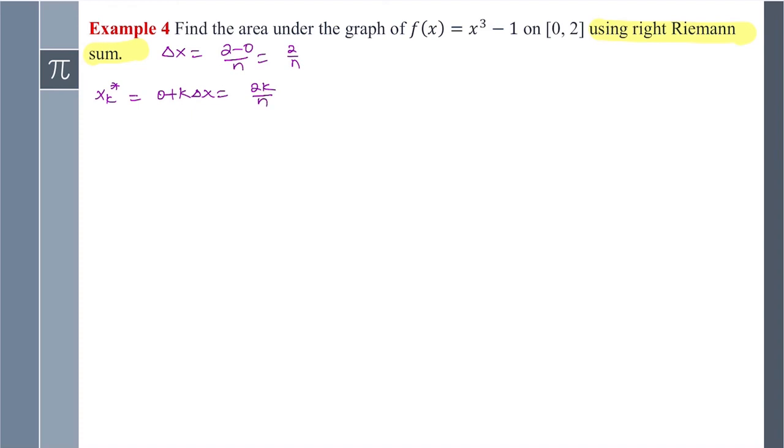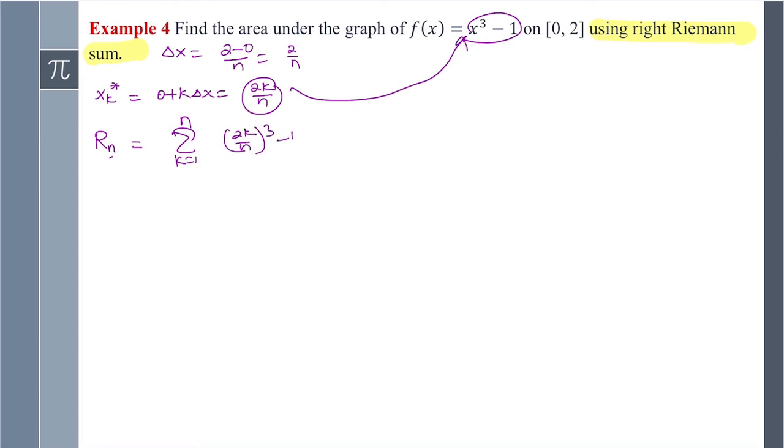And then we need to find the value of the function here, so we'll plug it in. Let me write the right Riemann sum with n subdivisions, given by the sum from k equals 1 to n of f of x k star. That means we'll take this one and put it into our function, so 2k over n cubed minus 1, that's the function, times the height, which is again 2 over n. Now this equals the summation k equals 1 to n. Then when we do this, we get,